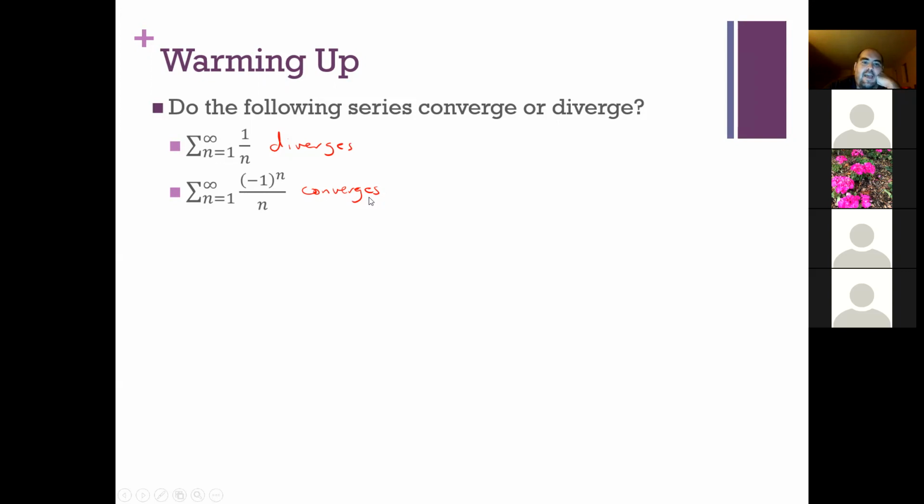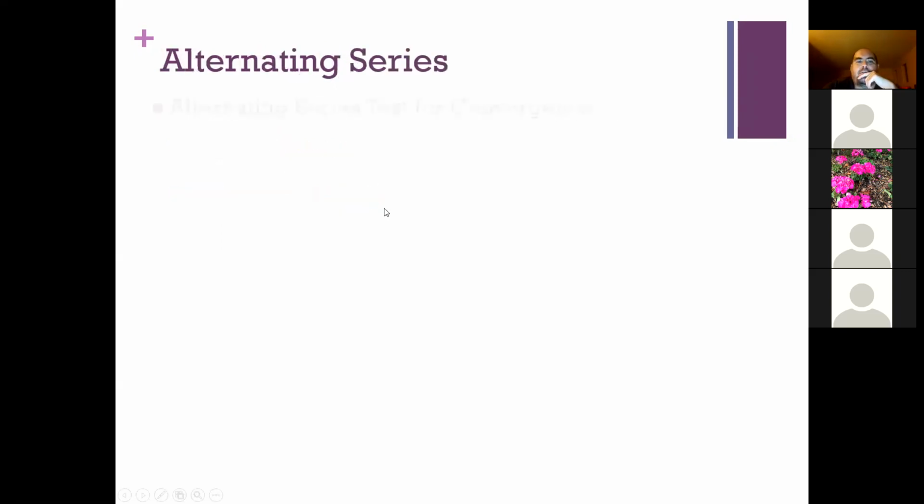Right, and that's exactly right. Essentially half of your terms in that second sequence are negative. So adding all those things up is not going to run away. It's not going to increase unbounded the way that the harmonic series does. So every test we've talked about so far basically deals with positive series that are based on sequences that have positive terms. So this one is different. This one is all about alternating series.